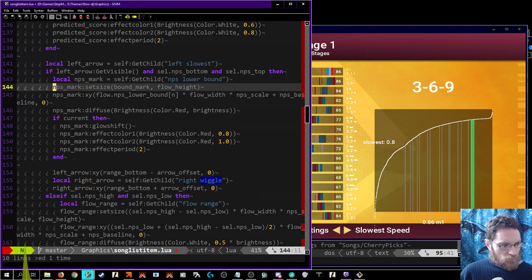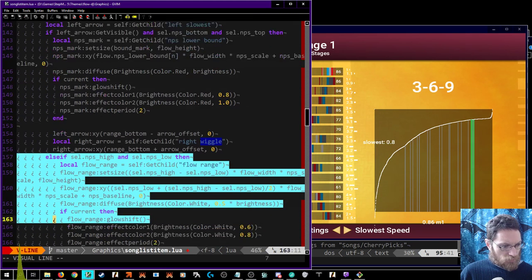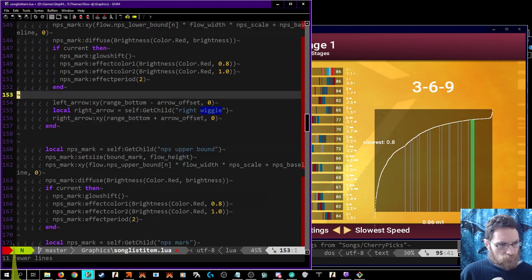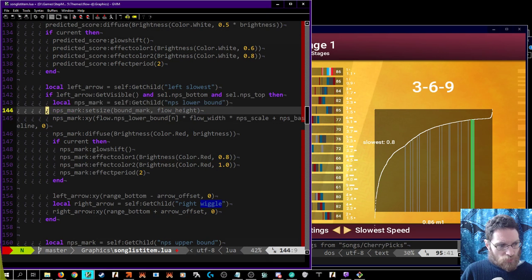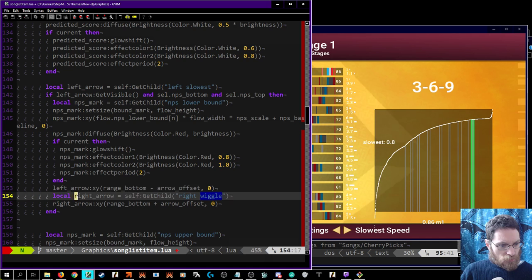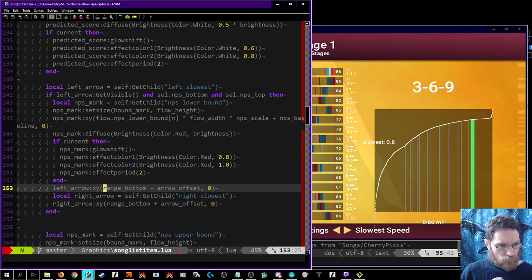So this goes in here. There is no else case on this one. And then right arrow, right slowest. And that was range bottom. So we have